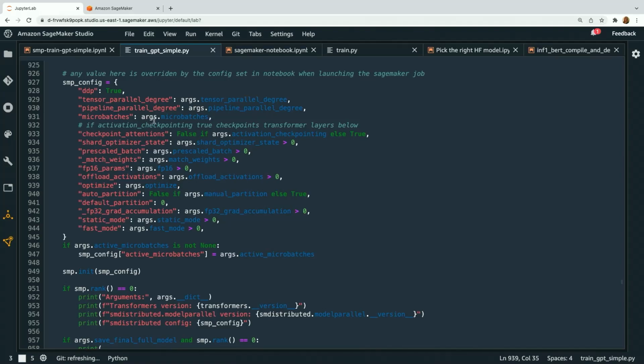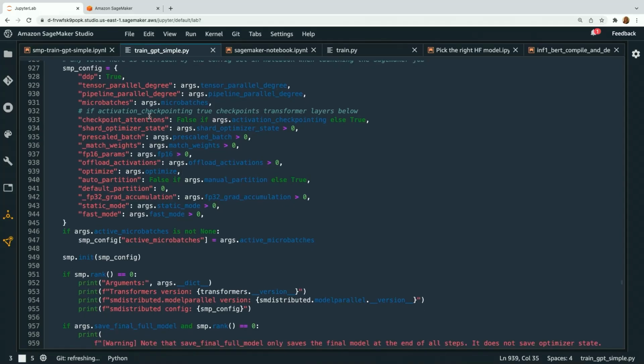So one batch is a part of your epoch. So one part of your overall data set that's passed on to the model. A micro batch is a split in your batch, actually. So a micro batch is taking your overall batch and then sharding that out to your different ranks. So in this case, the number of micro batches is basically your overall batch size divided by the number of devices that you have. So your batch size divided by 8 for an 8-device machine. Checkpoint activation, so a couple other new SageMaker Model Parallel features, and onward.